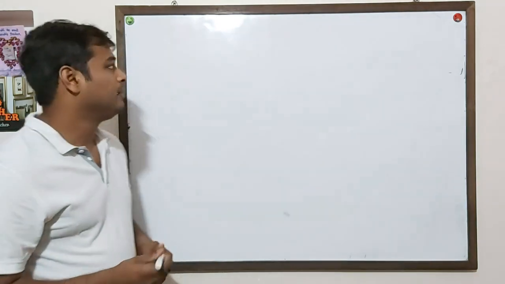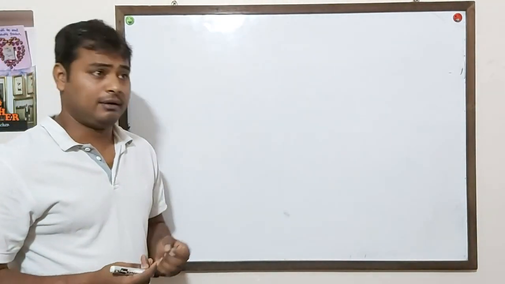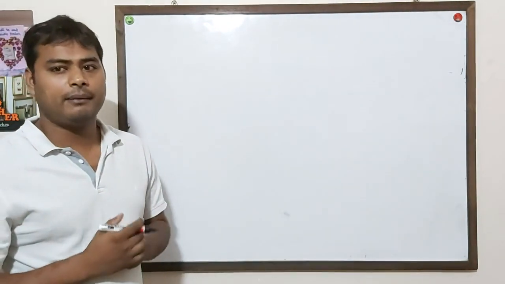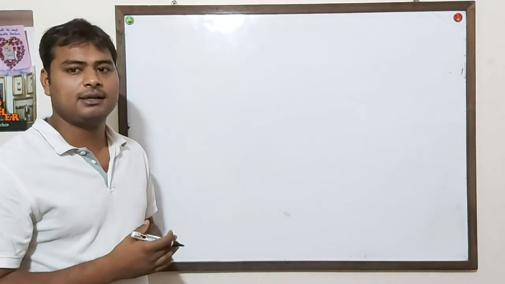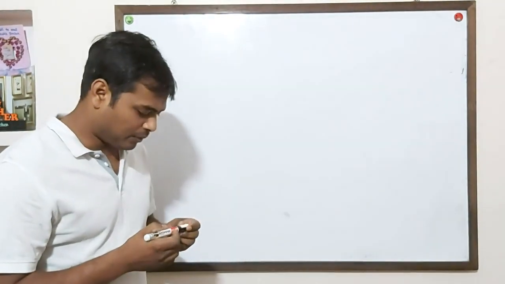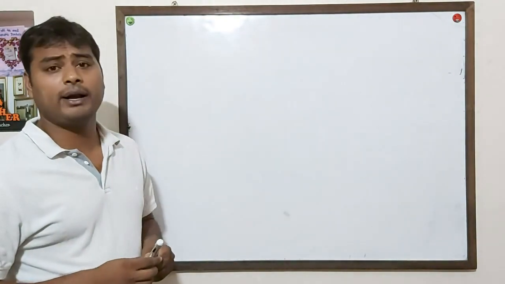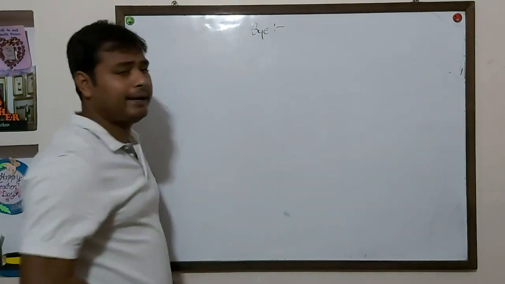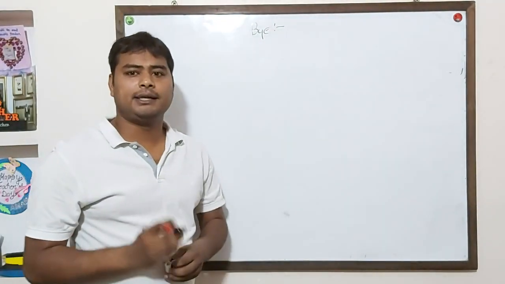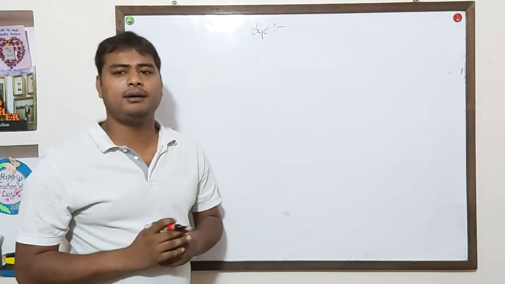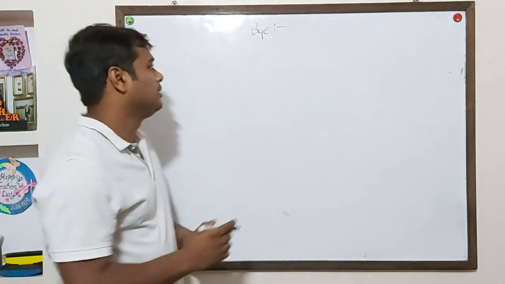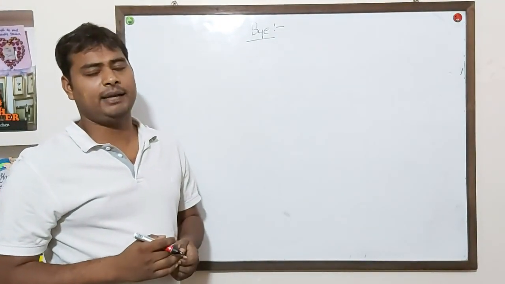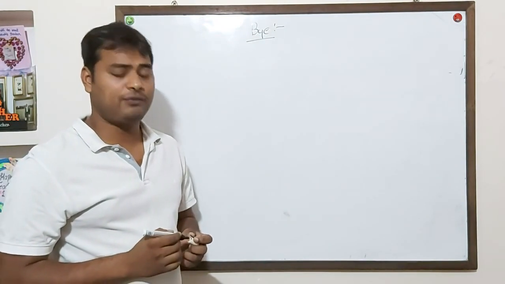For this condition, we always arrange teams in a manner so that we can conduct the matches. And this procedure of arranging is known as giving byes. Now one new word is coming here, bye. So what is a bye? A bye is a privilege given to a team, and a bye team does not play in the first round. I am explaining once again what a bye is. A bye is a privilege given to a team, and a bye team does not play in the first round.